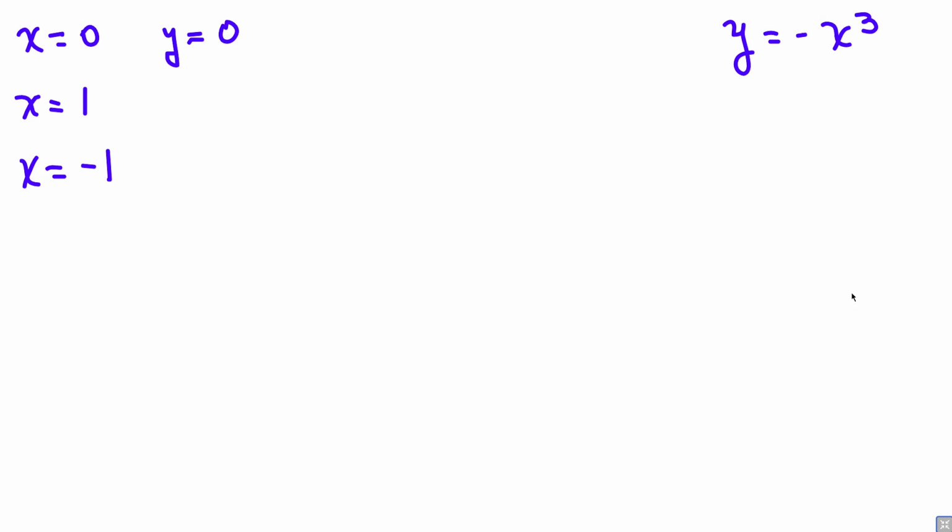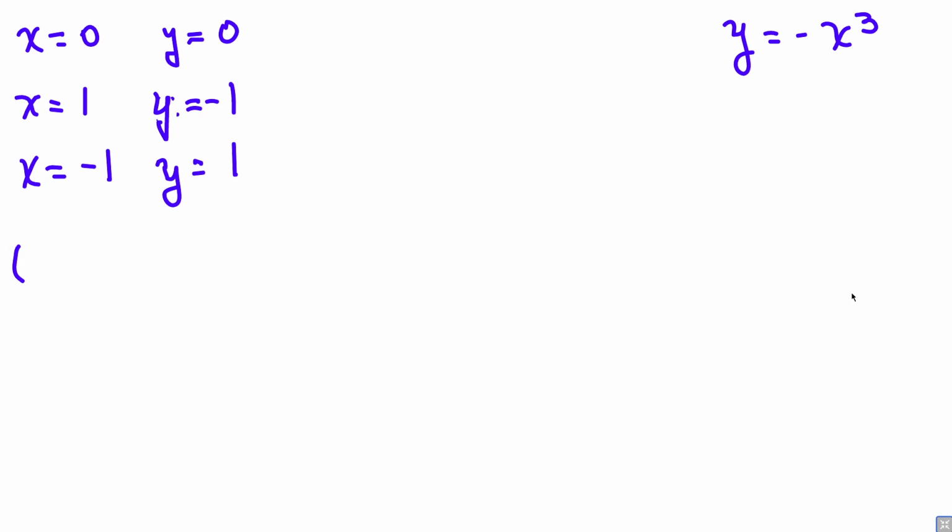It's going to be 0. All right. If x is 1, what's y? Negative 1. And when x is negative 1, what's y? 1. Okay. All right. So the points that we're going to be checking are going to be